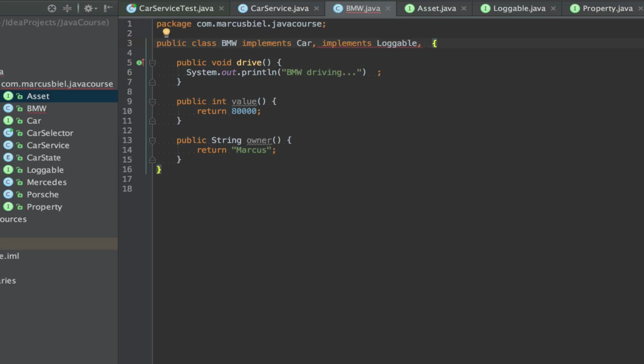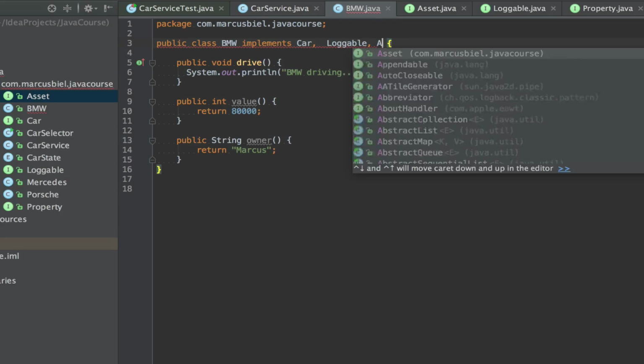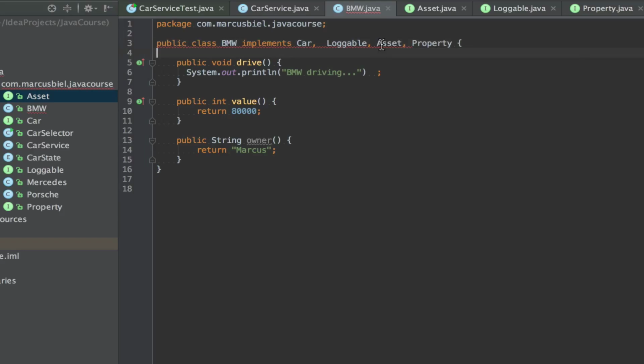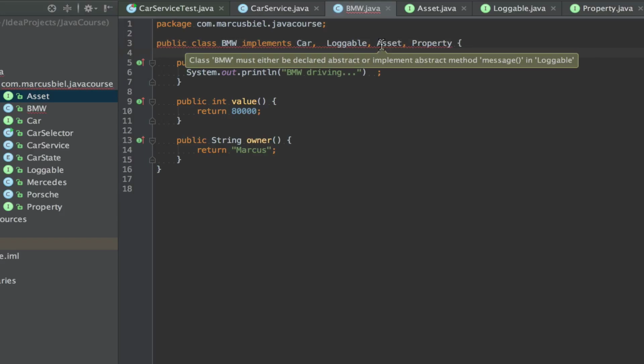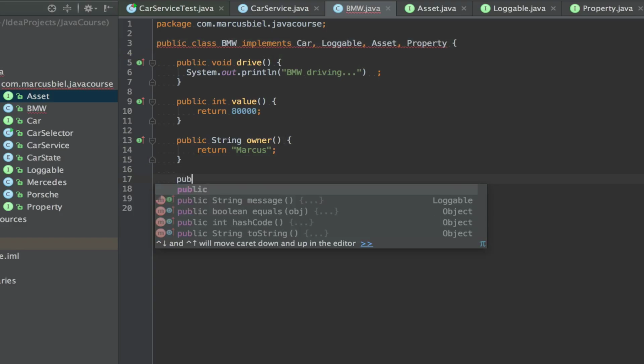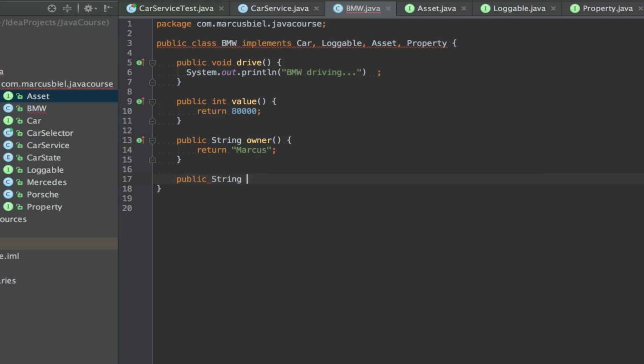I think this one I have not implemented yet, and I still have to do. No, not twice. Implements car, comma loggable, comma asset, comma property. The order doesn't matter. But now you see I've already implemented the value method and the owner method. The message method I still have to implement. And as I said before, the order is not controlled, so I can put it in any order.